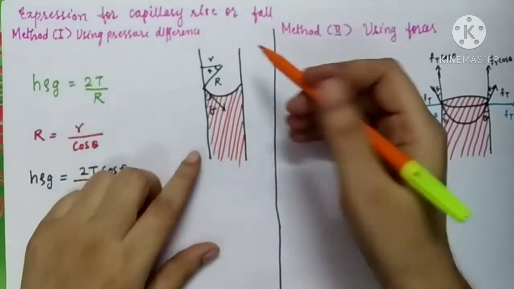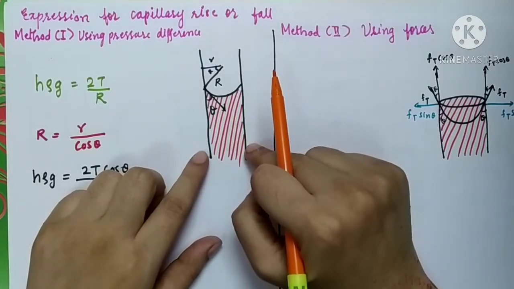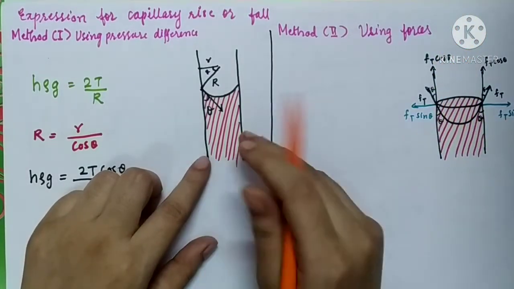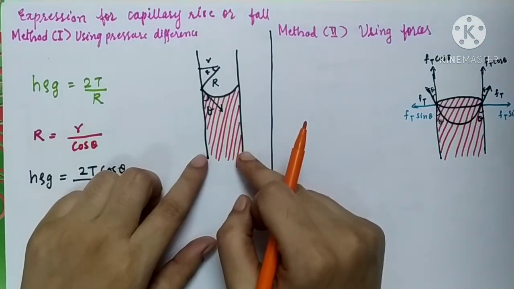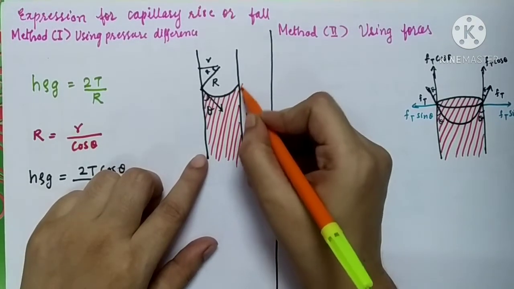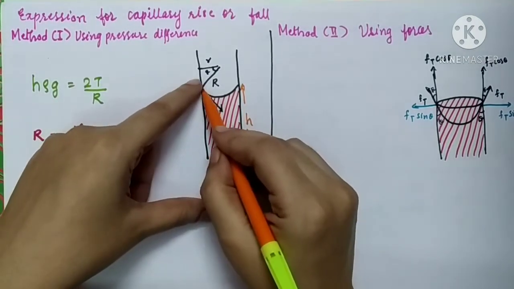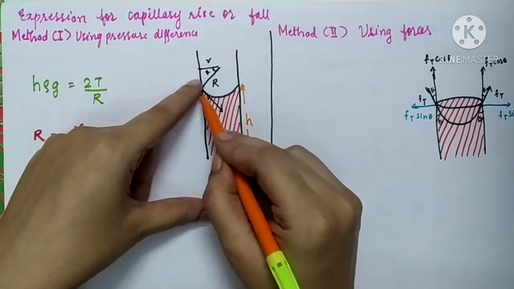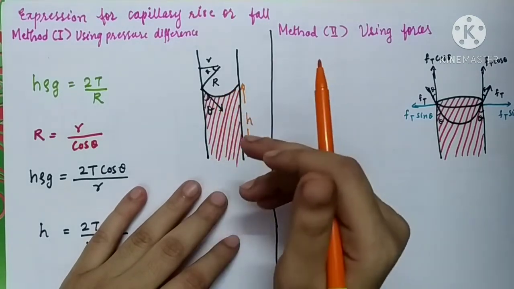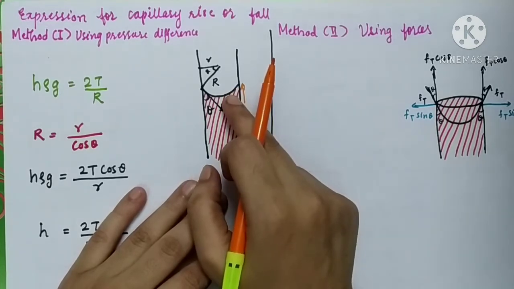So here we have taken only a capillary tube. This is a capillary tube inserted in a liquid which completely wets the solid or which partially wets the solid. So whenever this capillary tube is dipped inside such type of liquid, the liquid level will rise up to a height h. This is the height h we have taken into account. And see the liquid meniscus over here. It is concave in shape because the liquid either completely wets the solid or partially wets the solid. So the liquid meniscus will be concave.